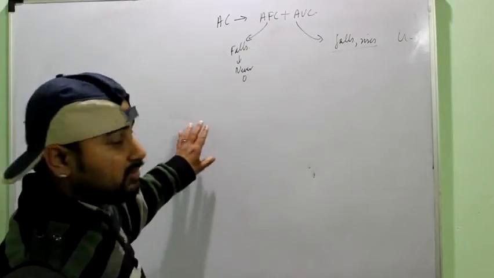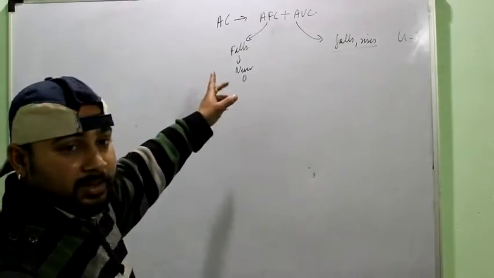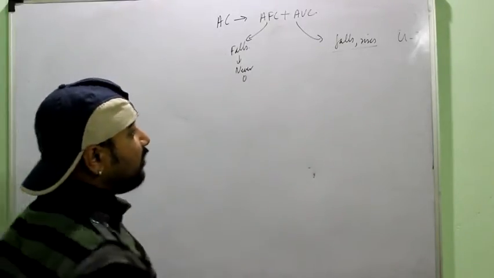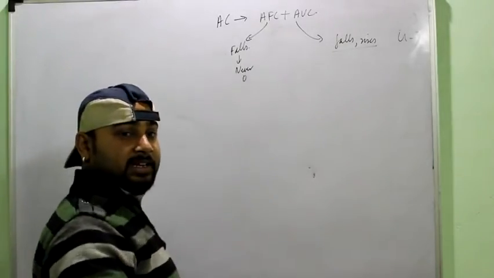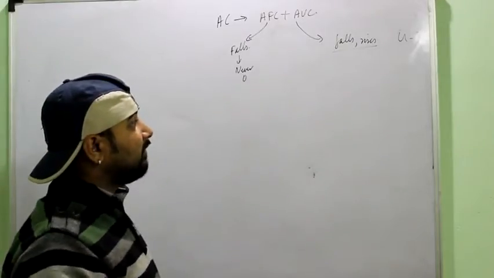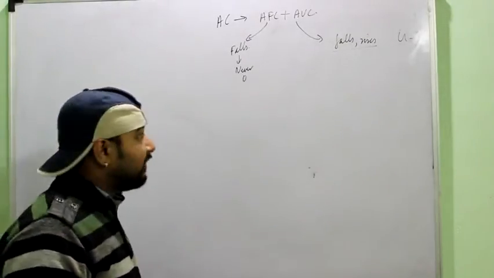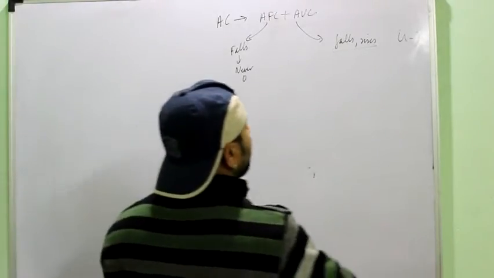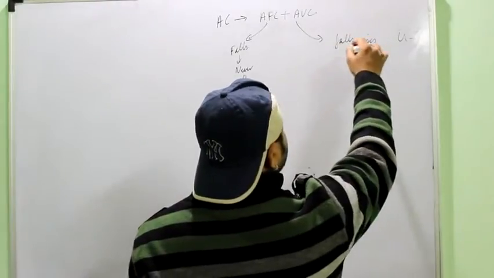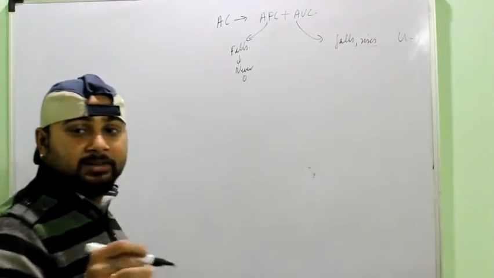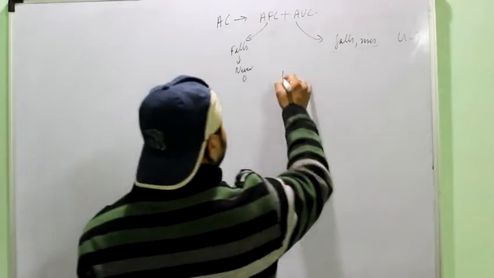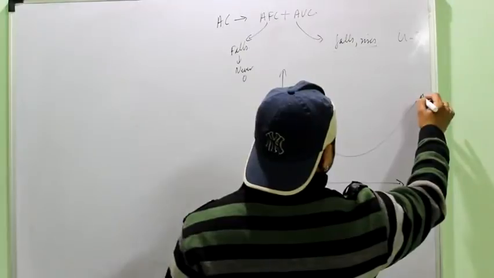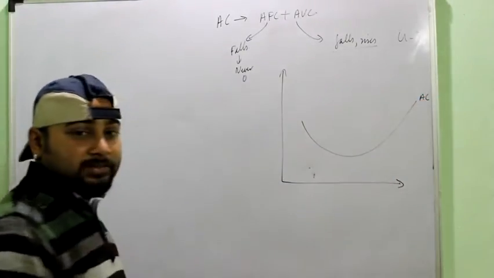In the initial stage, the decline in the average fixed cost is very high. Like you can see when I was doing it numerically, 100 upon 100, then 50, then coming to 33, then 25. But as I move on further, that decrease becomes smaller. But here AVC continuously rises after a certain point. So here the shape of the AC curve is also U-shaped based on the AVC curve.